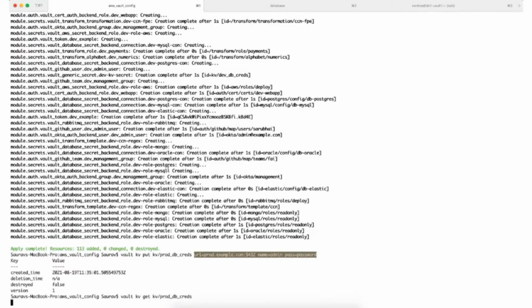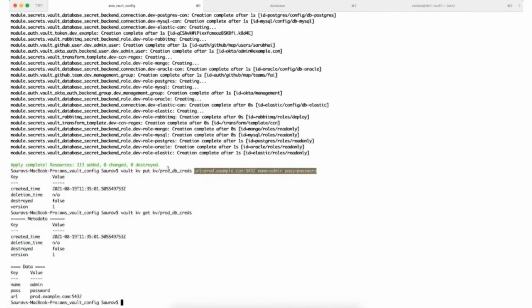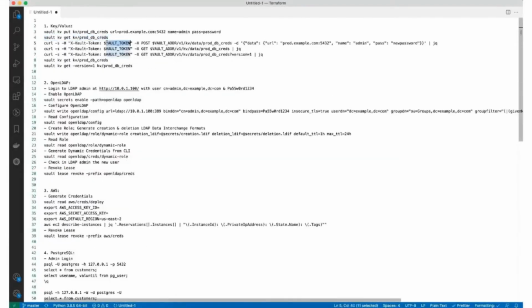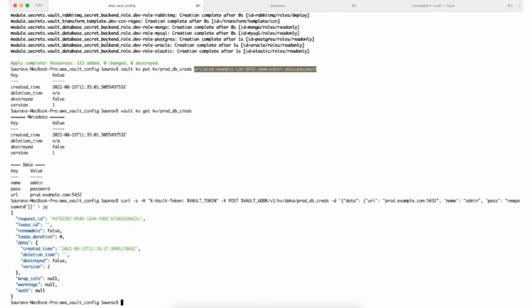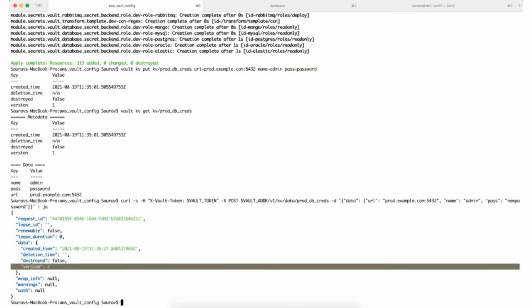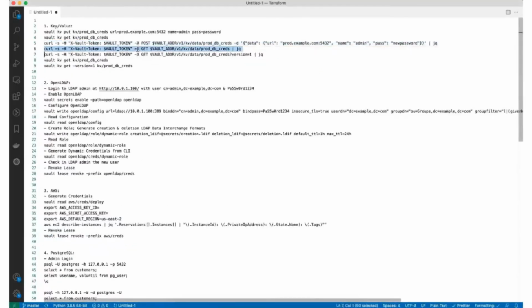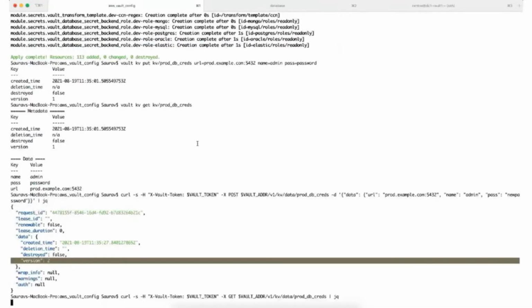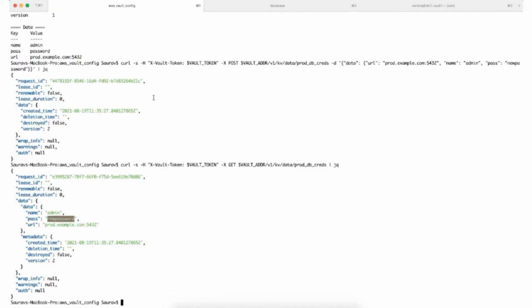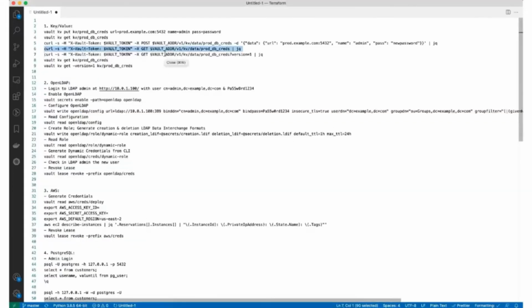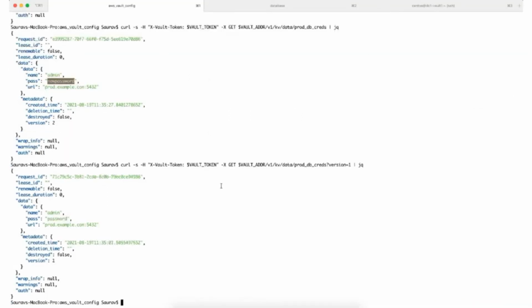Now let us use the curl API endpoints, basically the Vault API endpoints, to overwrite the same secret, and we want to see whether the versions are managed. Here you see that the version is 2 now. Let's query it and you will see the latest value, which is the new password that we have set. The latest value is now getting reflected. If you want to see the old or any previous versions, you can append the version parameter with version 1. Now you see this is version 1 of that same secret.